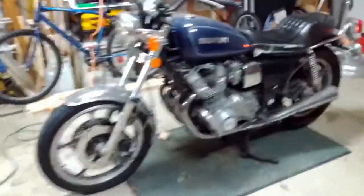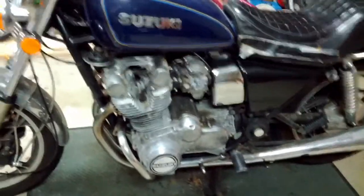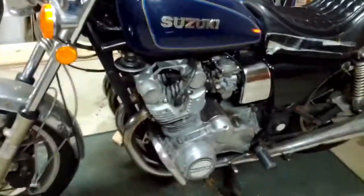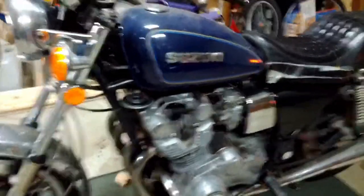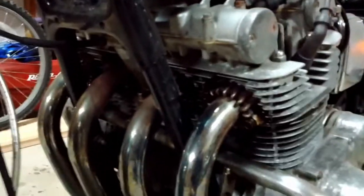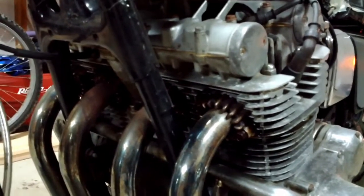Oh, I was going to also mention, this is going to pose some interesting challenges. One, because I've never taken apart an engine this far before myself. So, things that I think I'm going to run into that are going to be challenging are these exhaust bolts. They are known for breaking just by looking at them. So, I've got some